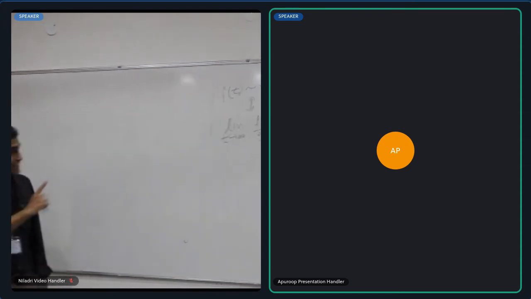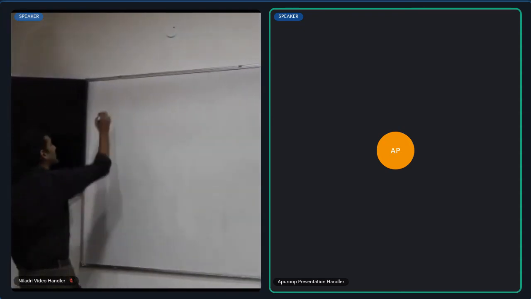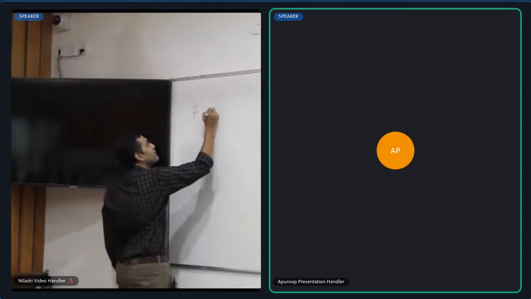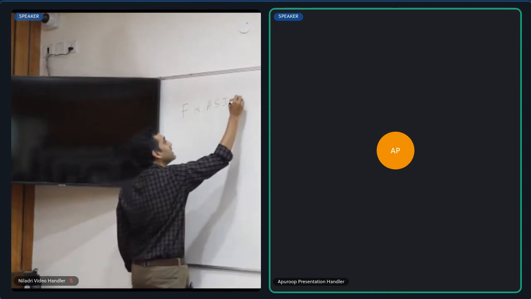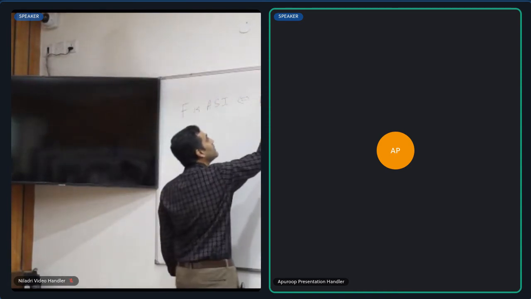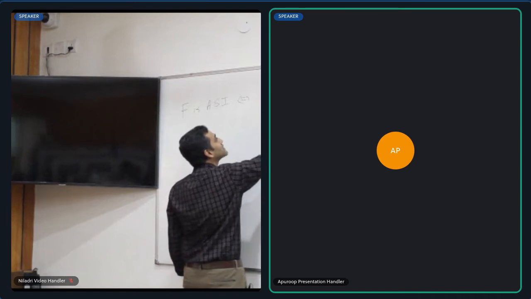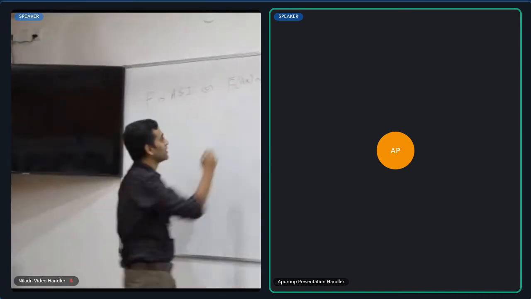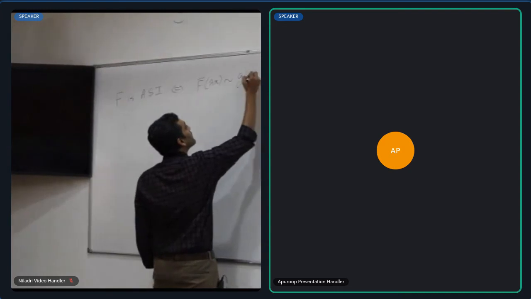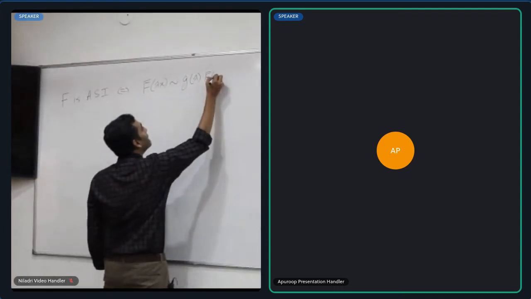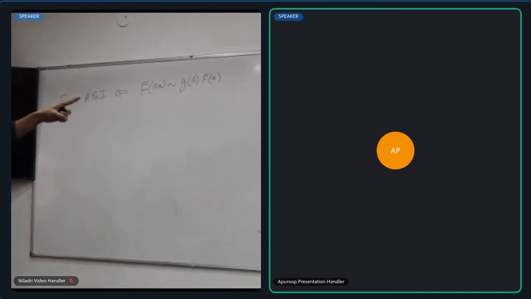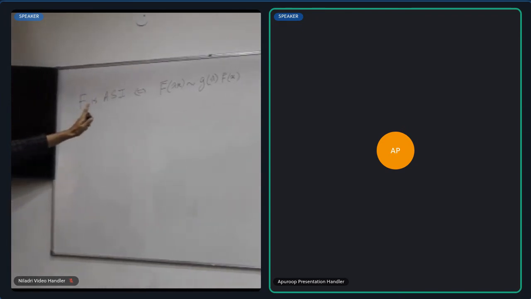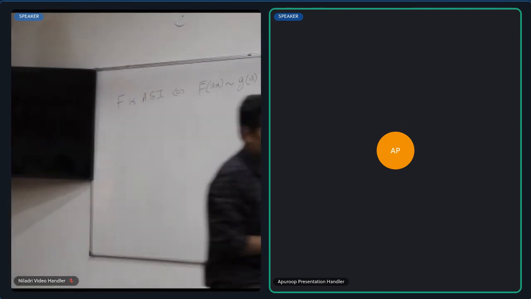Okay. So in this context, what does asymptotic scale invariance mean? F is asymptotically scale invariant if and only if f bar of lambda x is asymptotically equivalent to g of lambda times f bar x. When you see it like this, you can see that what we have done is basically replaced an exact equality with an asymptotic equivalent. That is basically what asymptotic scale invariance means.